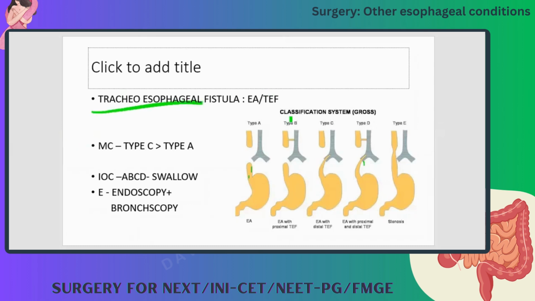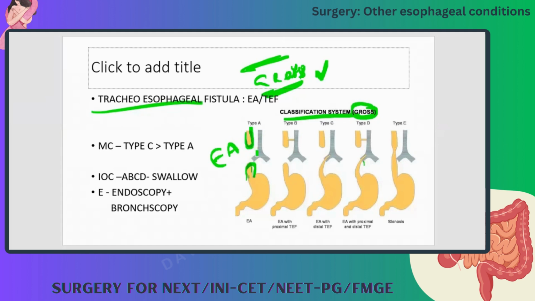Tracheoesophageal fistula. The classification system is the gross classification. See here in type A, the esophagus is here, it is there, it is there. So it is atresia only, esophageal atresia. There is no fistula actually. Only esophageal atresia. Type 1, type A. Type B, there is